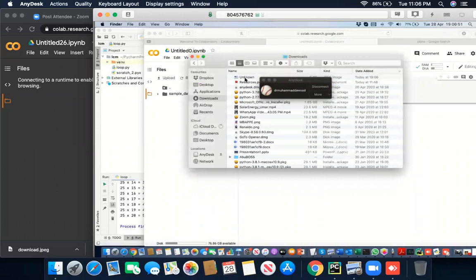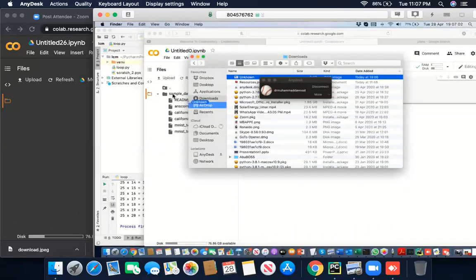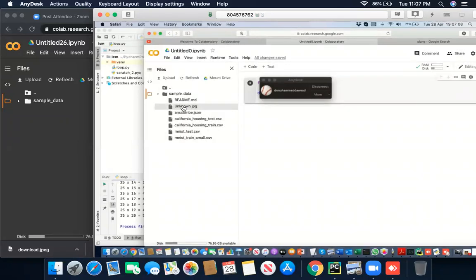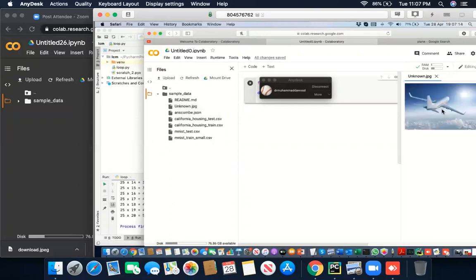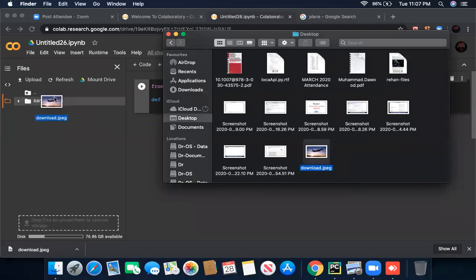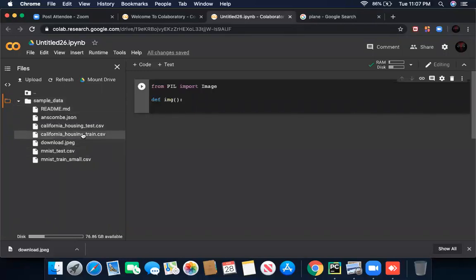So this is your image, correct? Okay, so I'll do it for you. This is your sample data. What we need to do is just drag our image into this sample data, so it will appear in this bar. Click on it and it will show you the image over here. I'm going to do the same on mine, so we can write the program and that program will show the image. So we both have our images uploaded on our database.